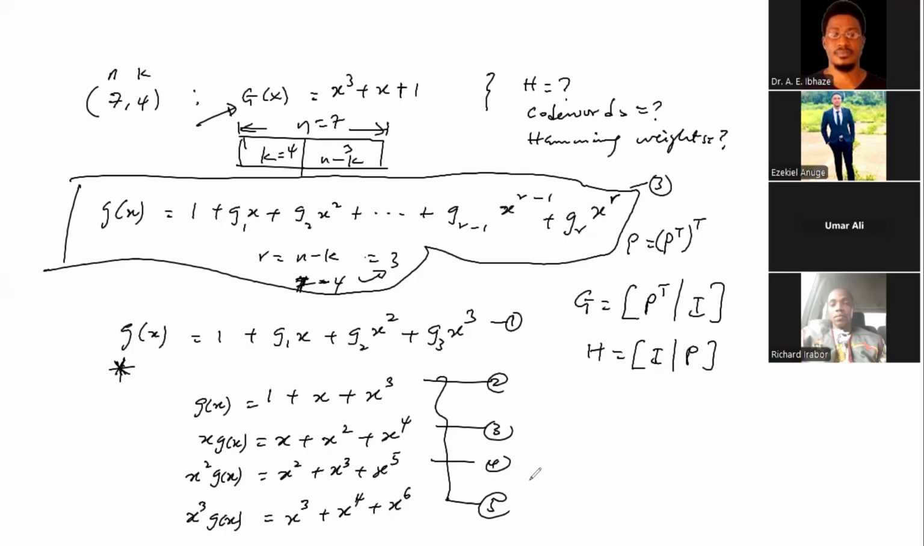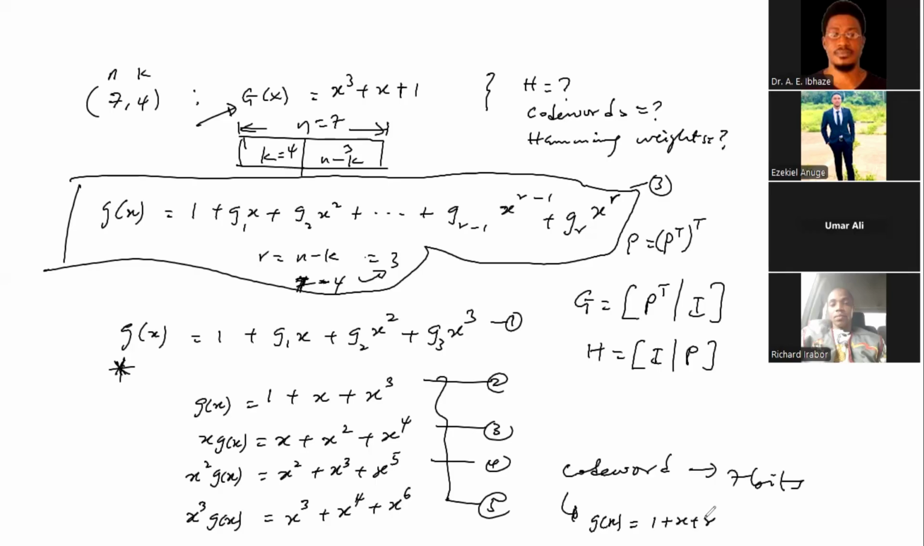That is 7, yeah. So it means my code word will contain 7 bits. And for me to generate 7 bits, it must correspond with a generator matrix that will also span 7 bits, right? So it means that for me to be able to generate this, my g of x should be 1 plus